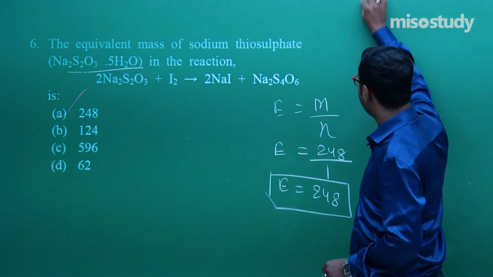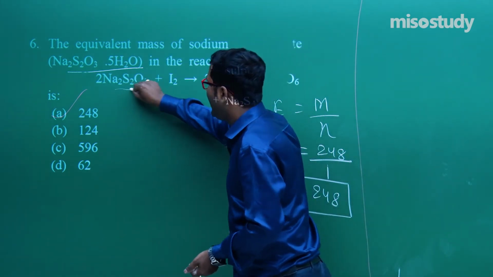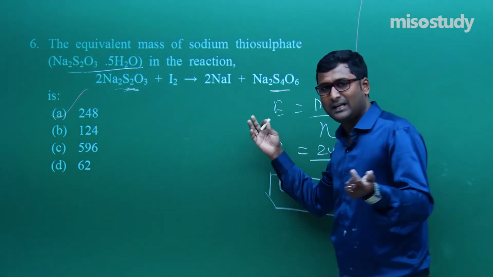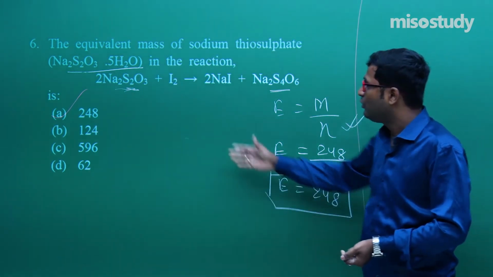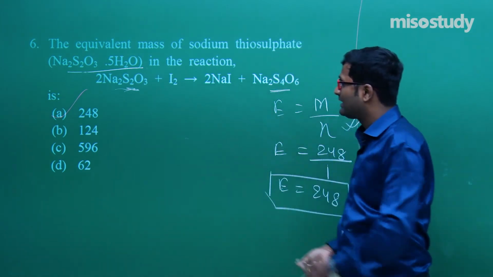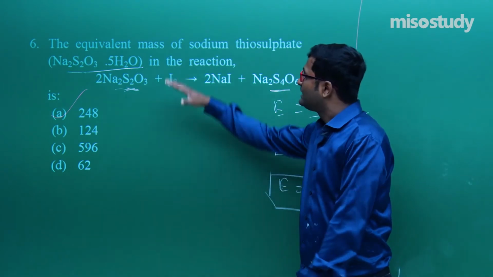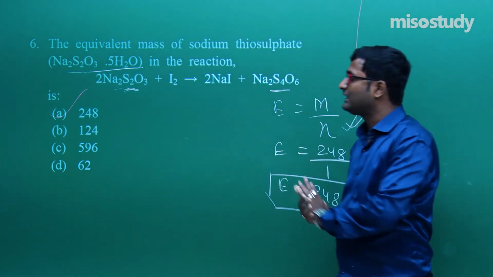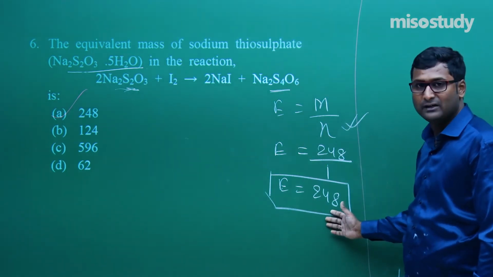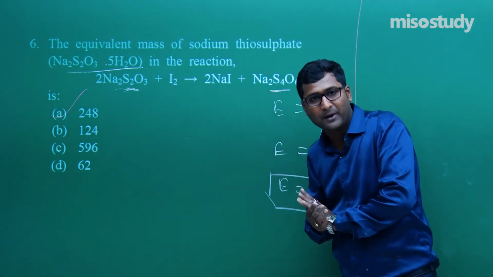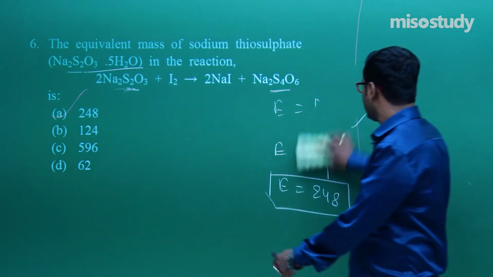If you still have any doubt, you can easily find the value of N also. What is the total change? S here is S4. Then definitely you will find the answer, that is N is equal to 1. Put this value, find out the molecular mass, and you will get the equivalent mass 248. So I am giving you a few seconds, think on it. I think definitely you will get the value as I have given. That is the complete solution. Okay, friend? So friend, let's move to the next question.